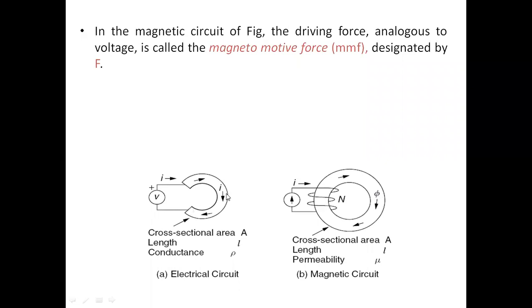Here it is similar. By observing this, what is there here? Current flowing through the circuit. This is a closed circuit, then only it is called a circuit, right? So here also there is the coil, and current flows through this coil. At that time flux is created, that is, the magnetic field is created, which is shown in terms of the flux lines. So it is denoted by phi.